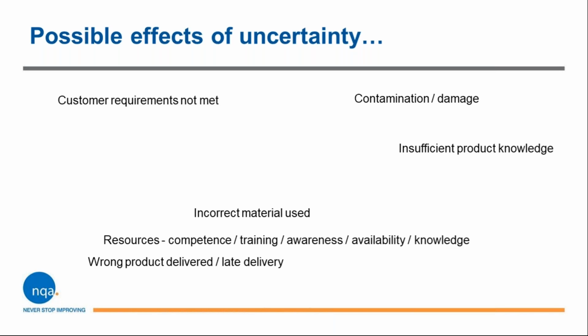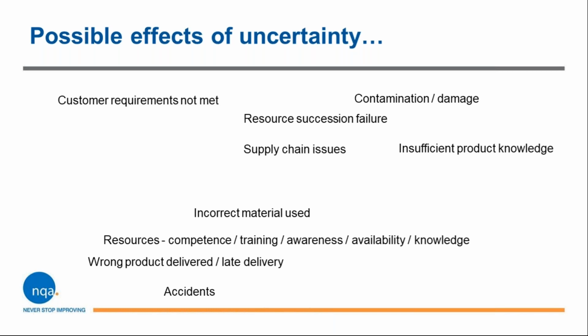Resources, usually the biggest variable in any organisation. There are uncertainties with regards to individuals' competence, training, awareness, availability, even whether you have the people to do the job and whether the knowledge is suitable. Accidents are uncertain. Nobody wants them, but they happen. Resource succession failure comes up on nearly every audit. You talk about succession planning and ask what the uncertainty is. Well, we may not have the knowledge or the resources to carry on for 5, 10, 15 years, so the idea is that you factor some of that into your planning process.